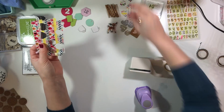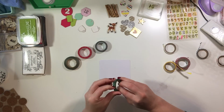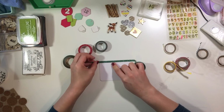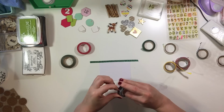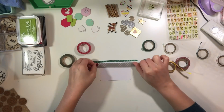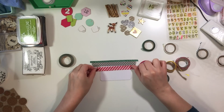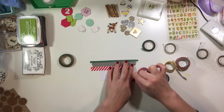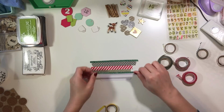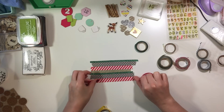And then I'm going to do the same thing, but with some Christmas colors at this point. It kind of made me laugh when I was doing this because I put the green glitter and then I put the gray washi with stars on it, and then I put the red and white striped. And then I started punching these and I realized it looked more like July 4th than it did Christmas. And so I actually didn't use the ones that looked